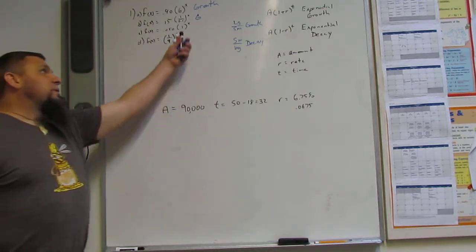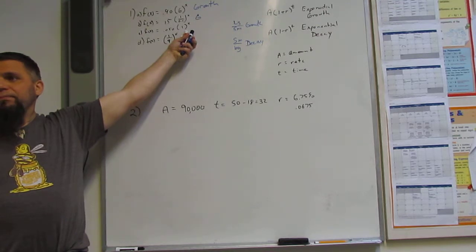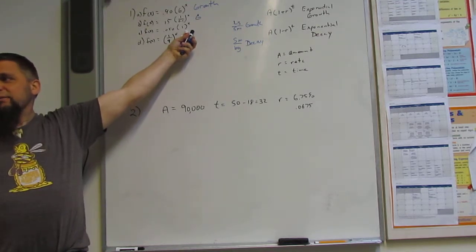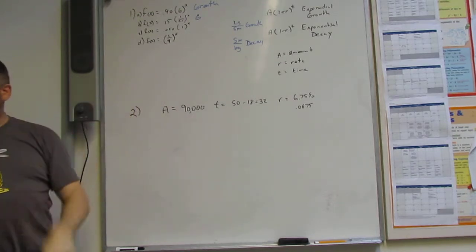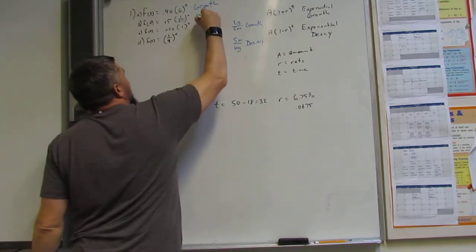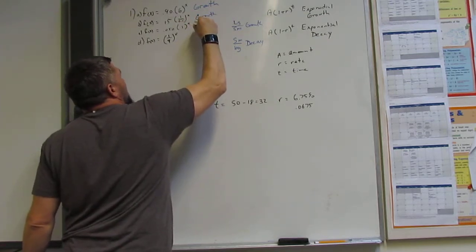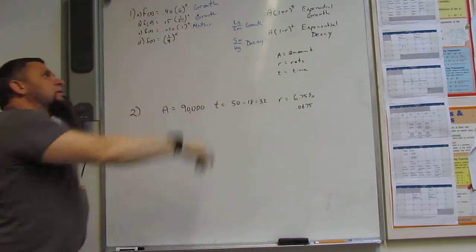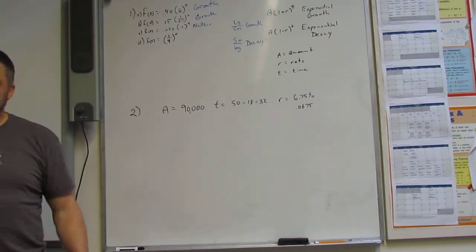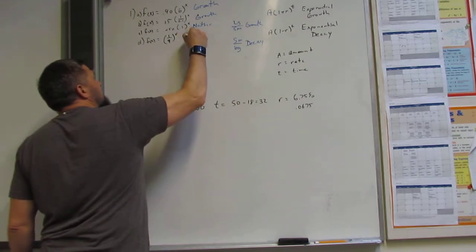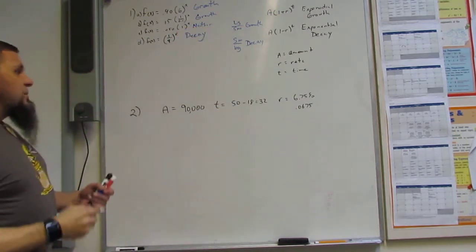Okay? What about this one? 1 to the x. Neither. It's neither. Okay? And then 1/9. Okay. Decay. All right. So that's number 1. Number 2